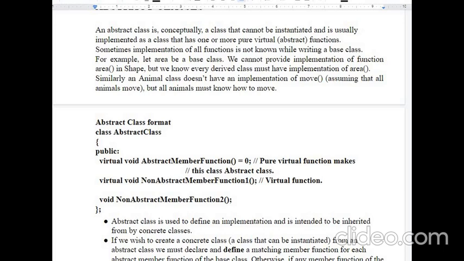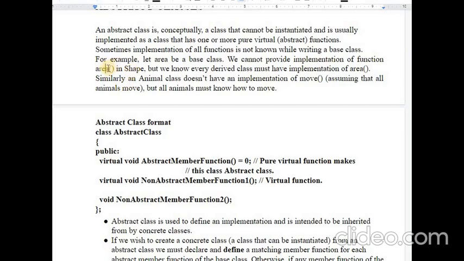We created one area function in the shape class. The shape class does not want to add any implementation to the area because this implementation will be different in the case of circle, rectangle and triangle. So these derived classes have to give their own implementation to this area function.